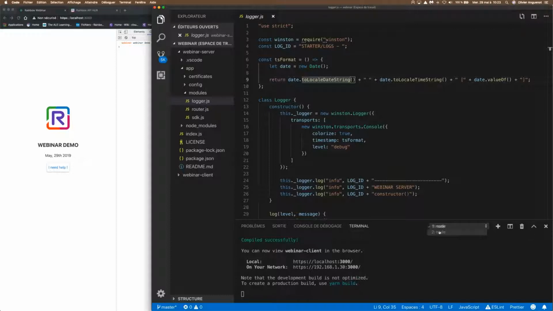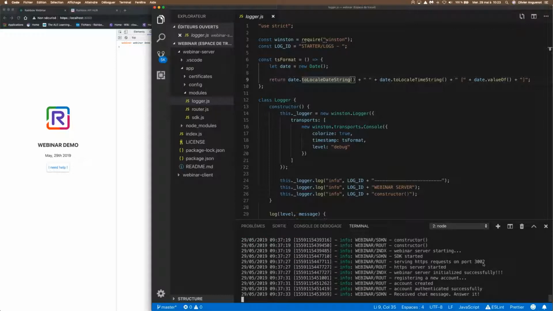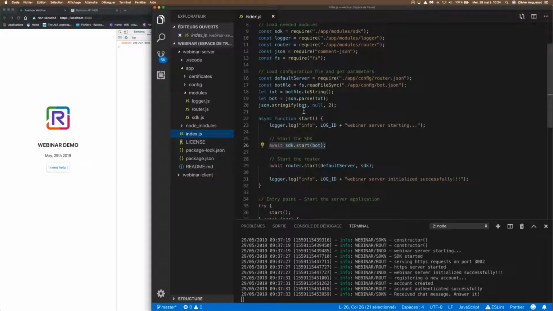Now, the server-side application is based on the Node.js starter kit, the SDK starter kit we put in place on our GitHub, so you can get it and start like I did for this demo. We have first an index.js file, which is the first module called when the demo starts.